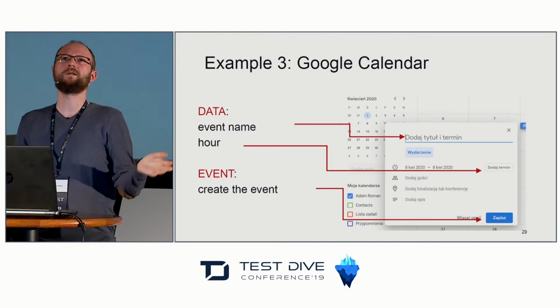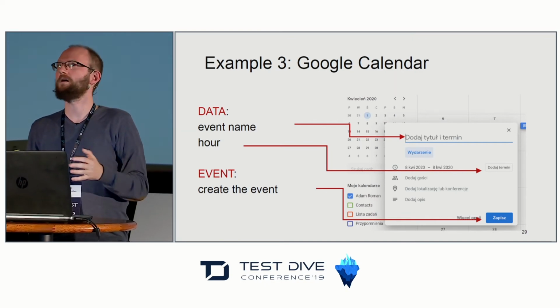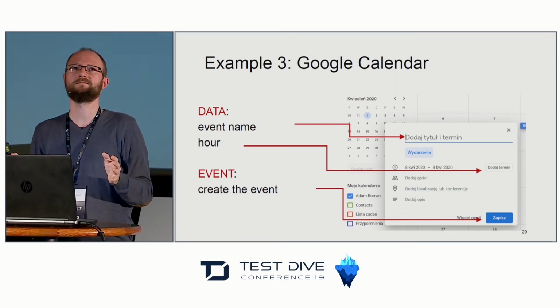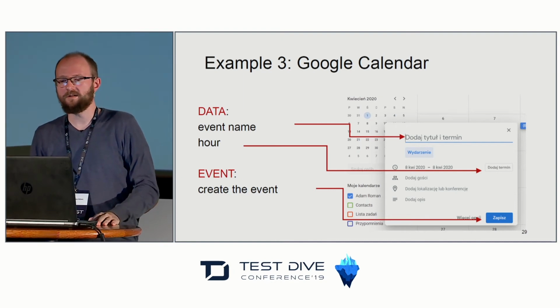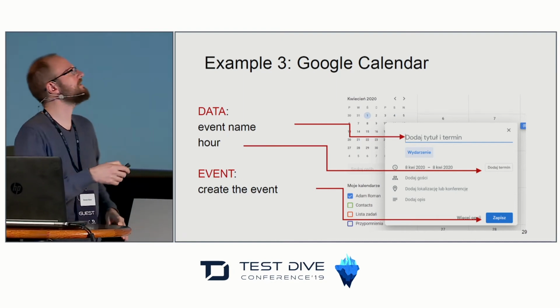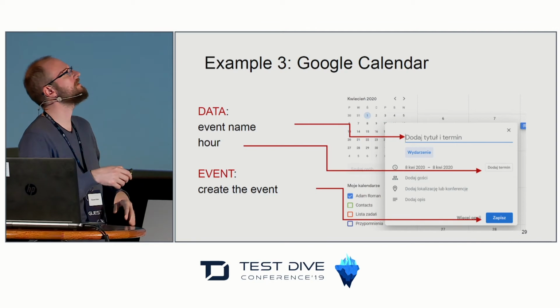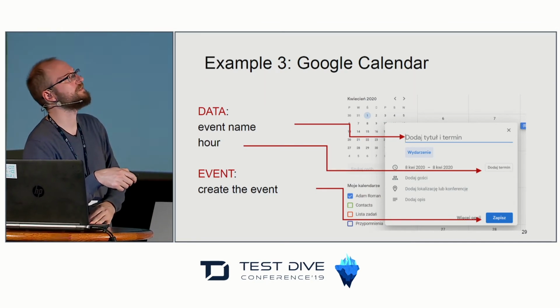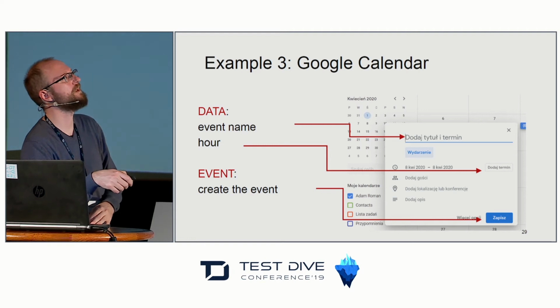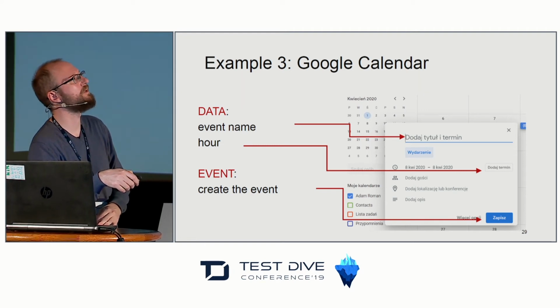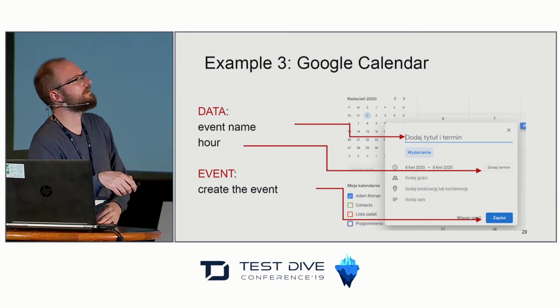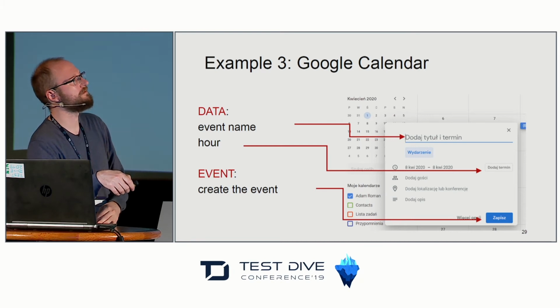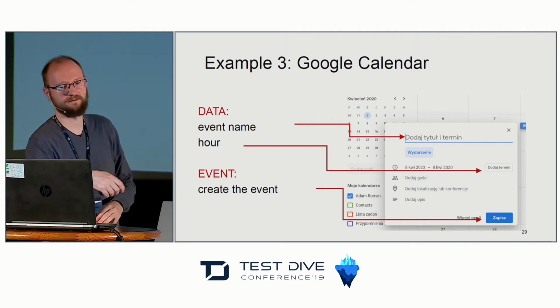You probably all know Google Calendar, right? All of you know how it works, yes? Yes, okay. Unfortunately, I forgot to translate it. It's in Polish, but it's not a problem. So when we want to create an event, we just put here a title of this event and maybe a date or the hour. We can add some particular date here, and then we can save this event to our calendar.